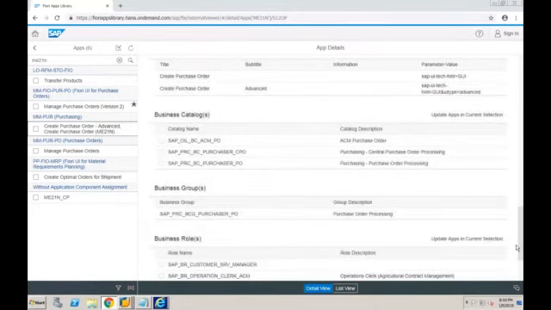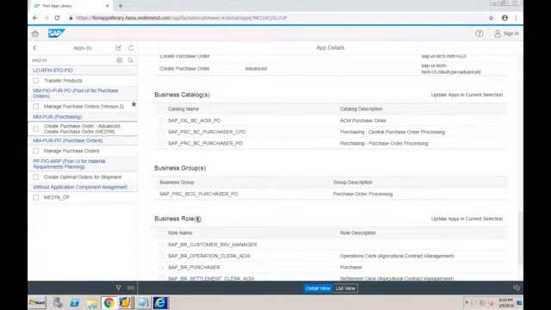In some of the apps, they removed this. I don't know the reason, but in some of the apps, there is no role available. In that case, it is really very difficult to find out which role we should assign to the user. But even if you are stuck somewhere and not able to understand which roles to be assigned, you have to go to the Fiori consultant and he will provide you the necessary role. Then, taking that role, you have to go to the security consultant and tell him, please assign this role to my user.